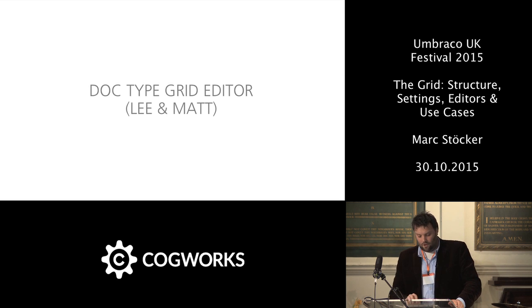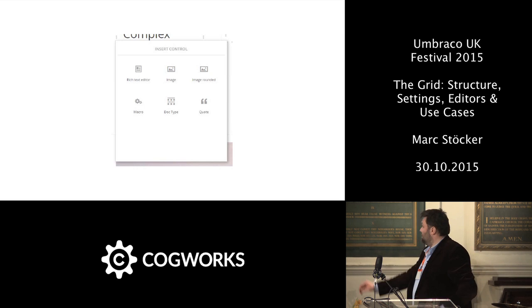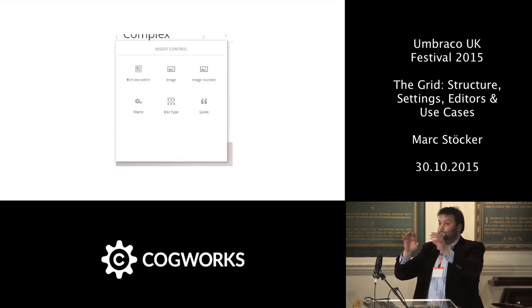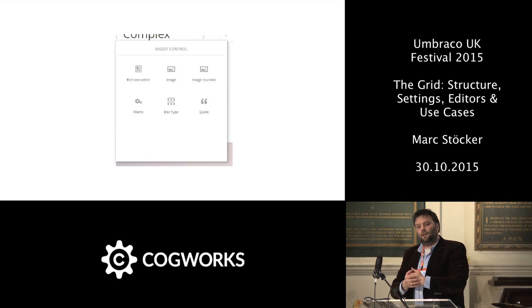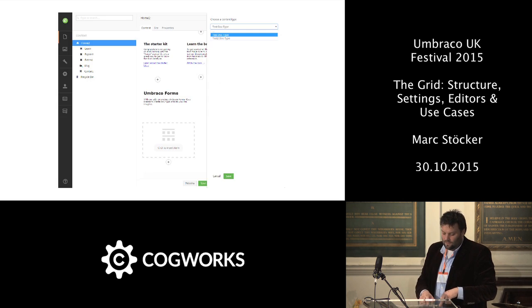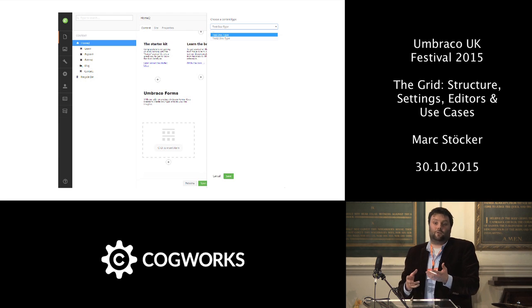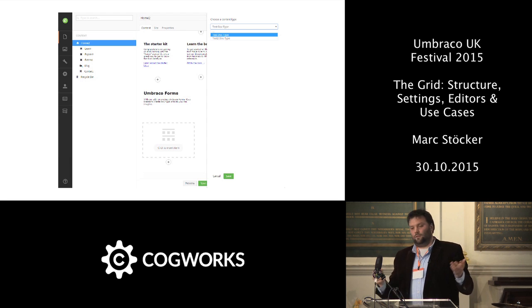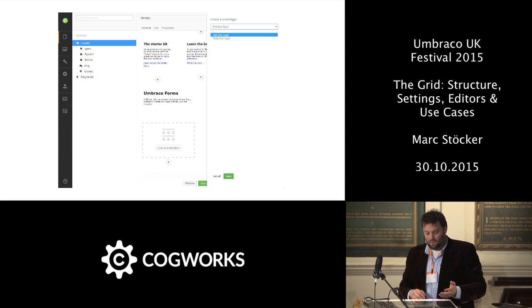Lee and Matt did a great job. It's essentially quite simple. You have the possibility to insert a doc type inside of the grid instead of only a media. So you build a normal content type, for instance for a slider image or stuff. It's a popular example. Oh, I don't like sliders. Where you have a few fields, you set it up, and you allow it to be used